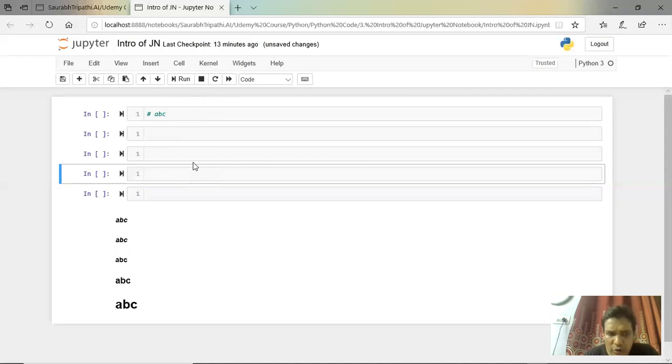So this is basically an outline of Jupyter Notebook. This is more than enough of what you need to know right now, and we will definitely get deeper when it is required. Right now, it is more than enough to write our first code. So in the next video, we will start with our coding.